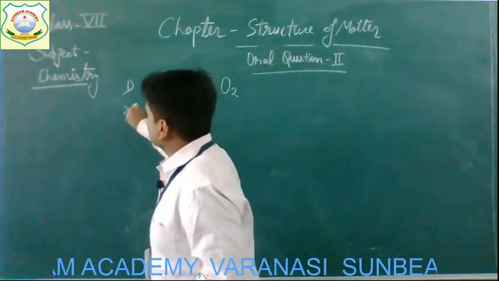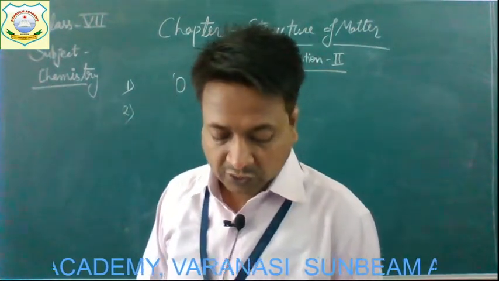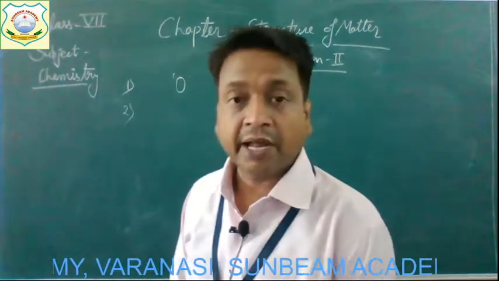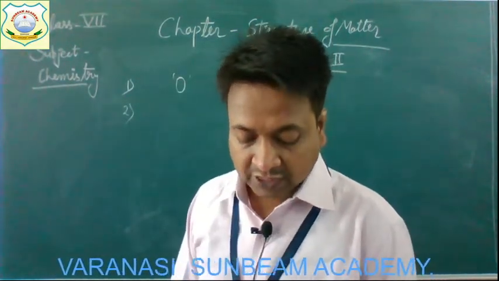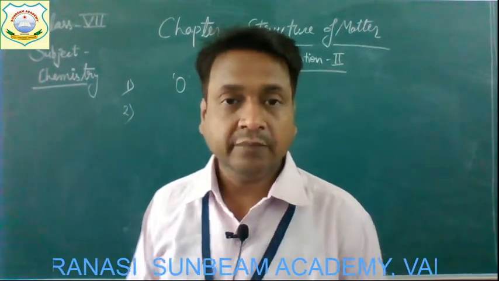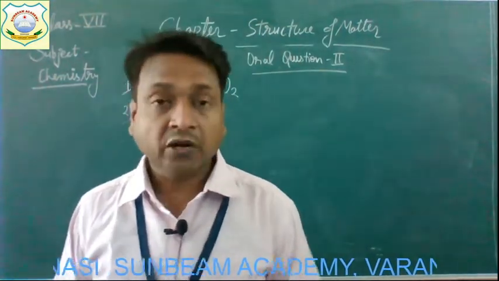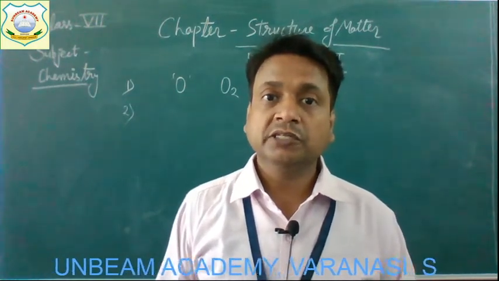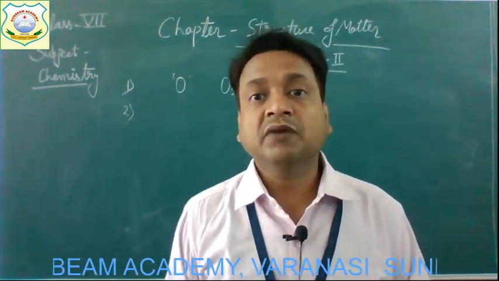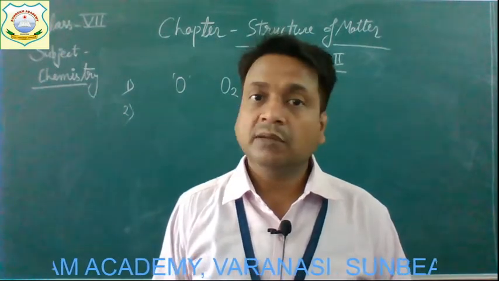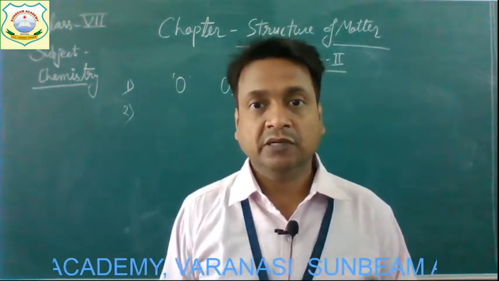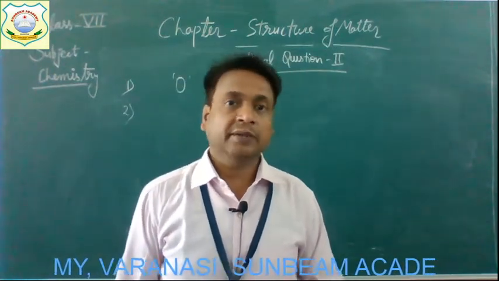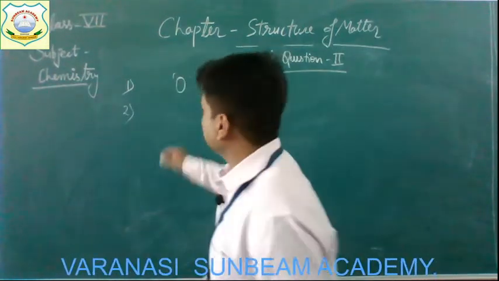Now, question number two is, what specific name is given to the number of hydrogen atoms that can combine with or be displaced by one atom of an element? Is this a modern definition? So children, first of all know that the definition given here is the definition of valency. But it is not the modern definition, it is the old definition. The modern definition of valency is the combining capacity of the element. So the answer will be valency.